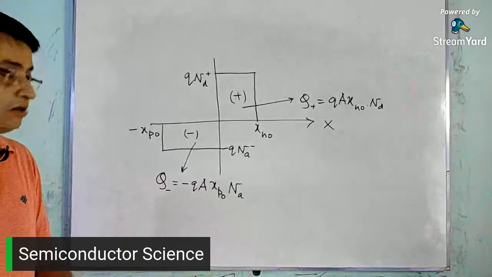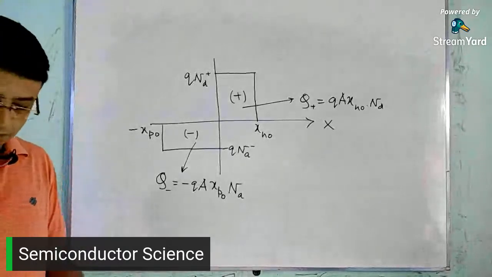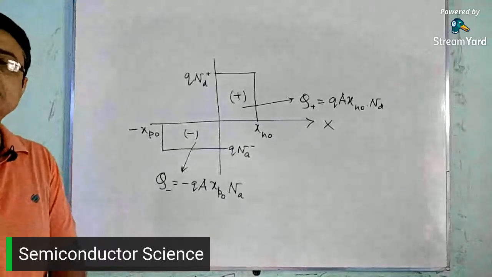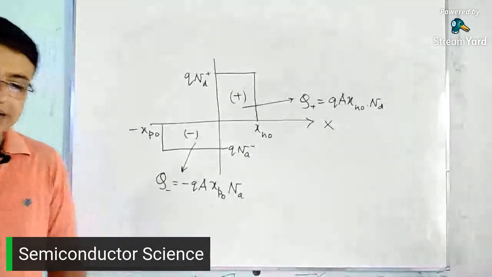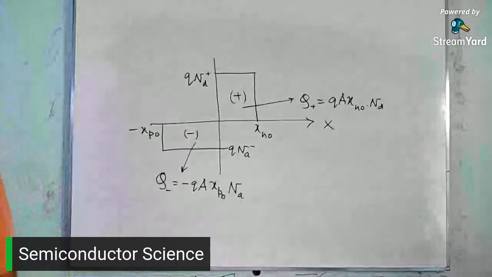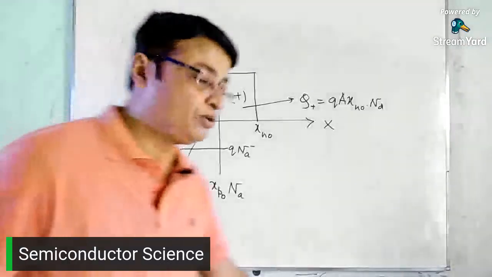Now, as we can see, a dipole is formed about the junction, and since the dipole must have an equal number of charges on either side, capital Q plus must be equal to capital Q minus. The transition region may extend into the P and N regions unequally, depending on the relative doping of the two sides. As you can see